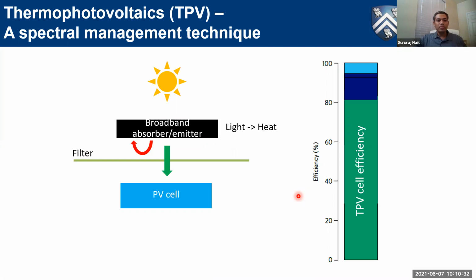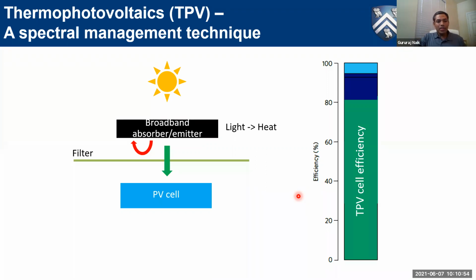We know that. Okay, so what thermophotovoltaics does is it takes broadband light and converts it into heat, and then eventually heat back into light, narrowband light now, and then to electricity. So that's what this is called, solar thermophotovoltaics or solar TPV, STPV, where the source is the sun.